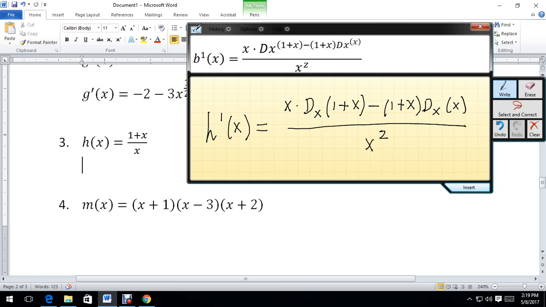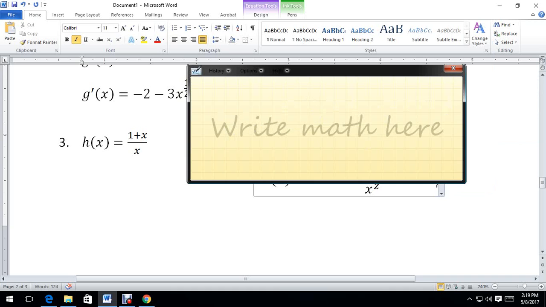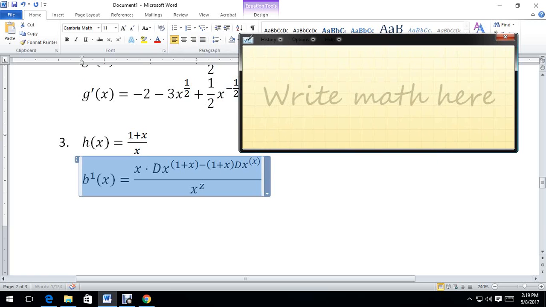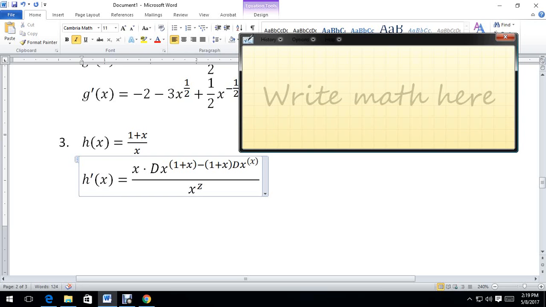Alright, so let's try to insert this one and clear up the unclear part. So we have h prime of x as the derivative of h of x